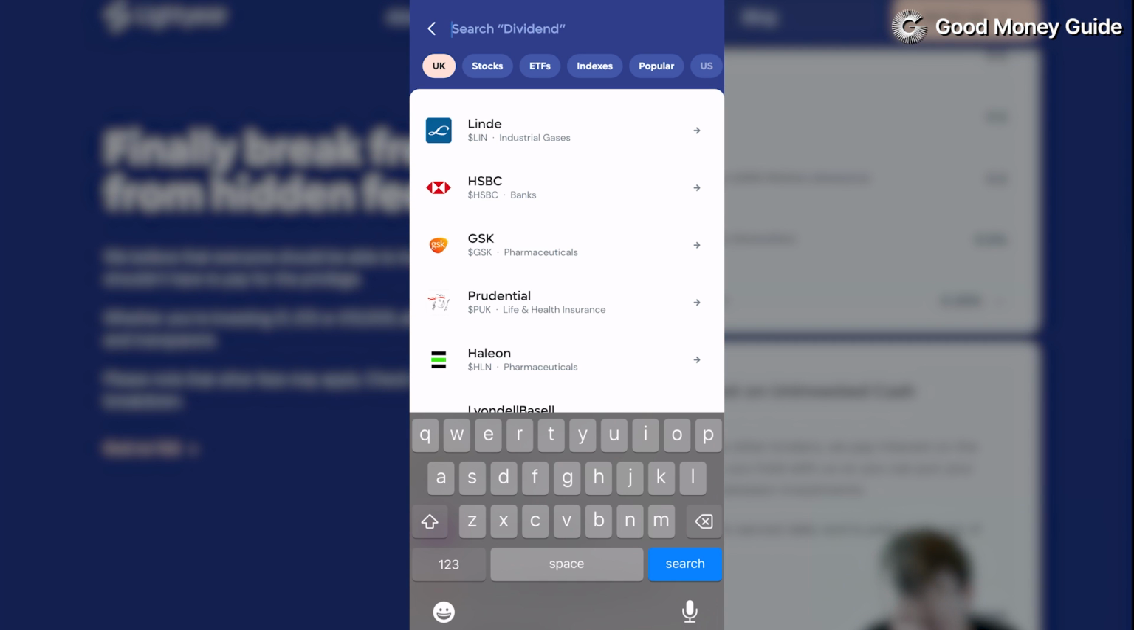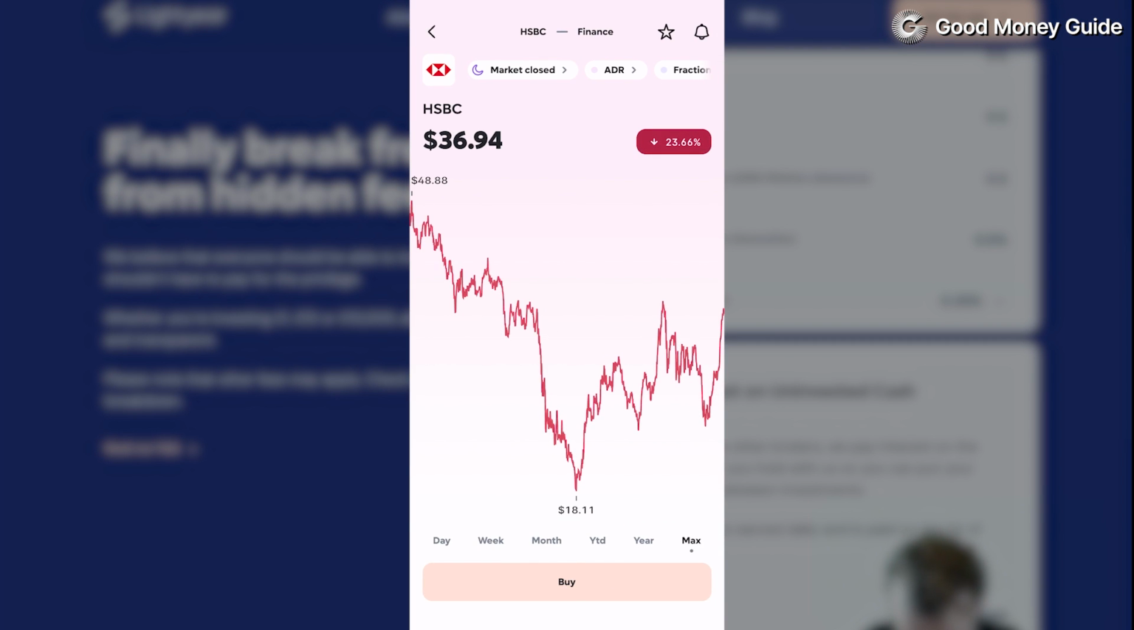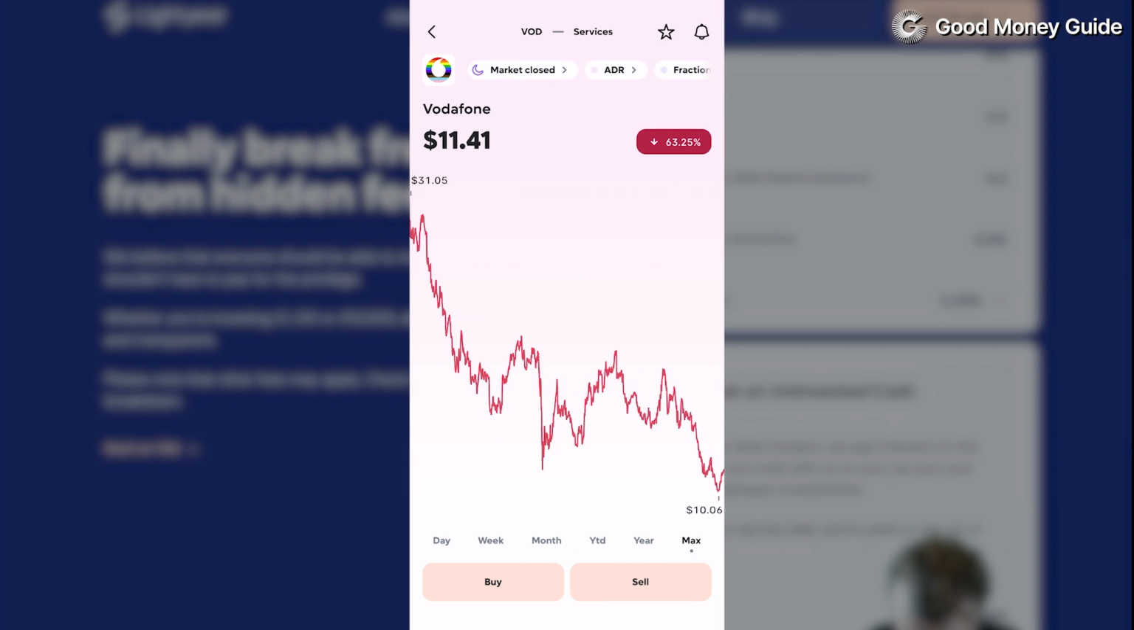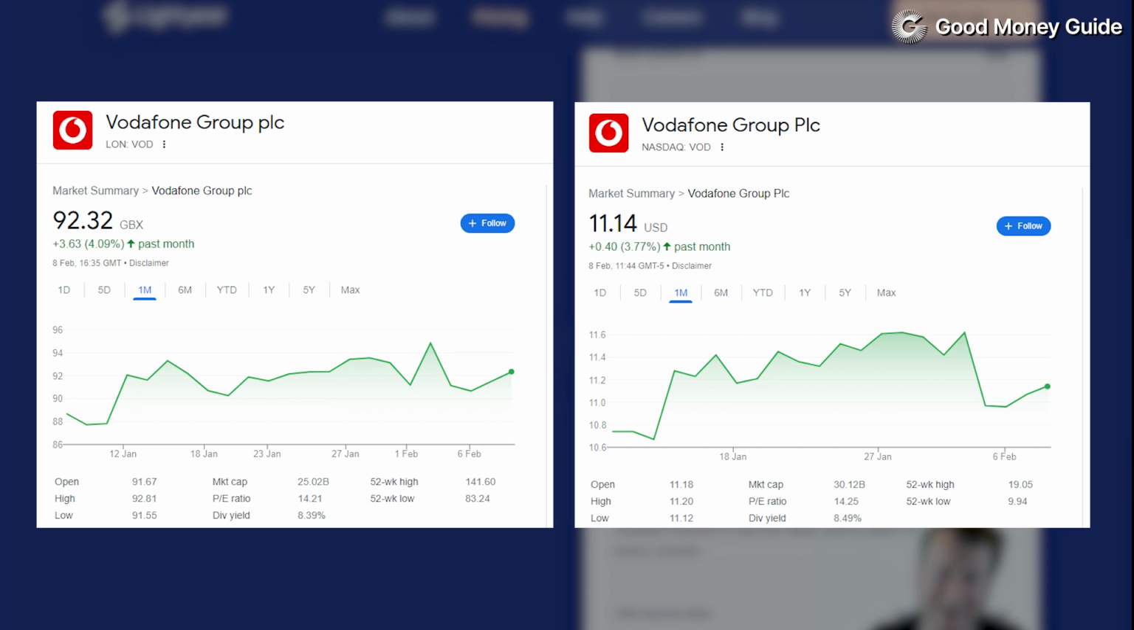And if you want to invest in UK shares like HSBC, for example, or Prudential or Vodafone, you have to invest in the ADR, which is the American Depository Receipt. If you want to know more about that, go to the website. We've got a guide on it. It's basically the US version of the share. So instead of buying HSBC or Vodafone on the London Stock Exchange, you're buying it on one of the American